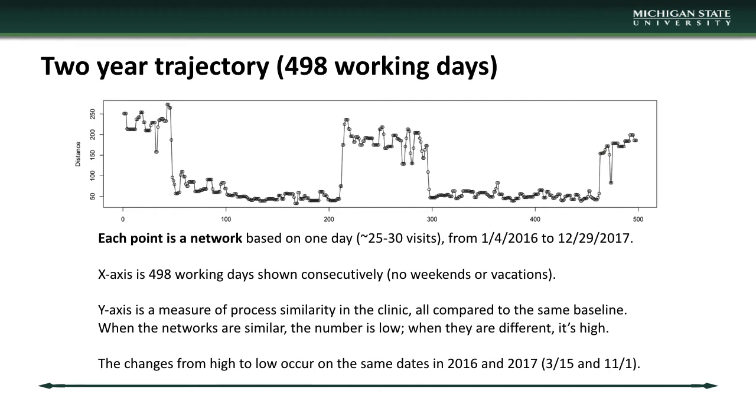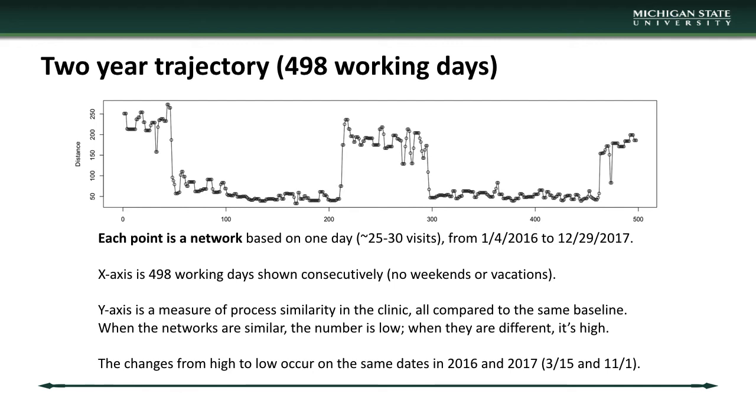So in this case, this is 498 working days in one dermatology clinic. Each point is 1 day, right? So the x-axis here is 498 days just in a row. The y-axis is showing how similar 1 day is to the other days. There's sort of a reference point that I use. I can't get into all the details in the amount of time I have, but the idea is that there's a bunch of days at the beginning that are similar to each other but different from the reference,